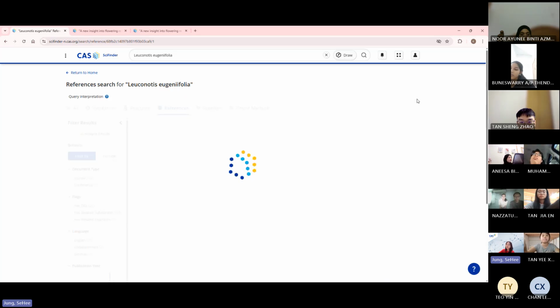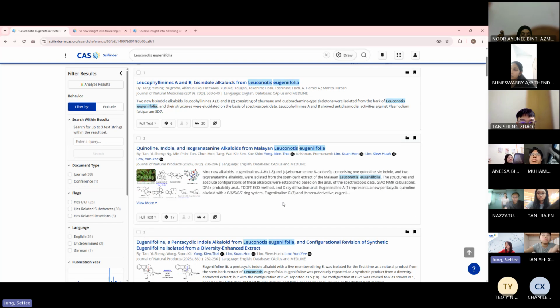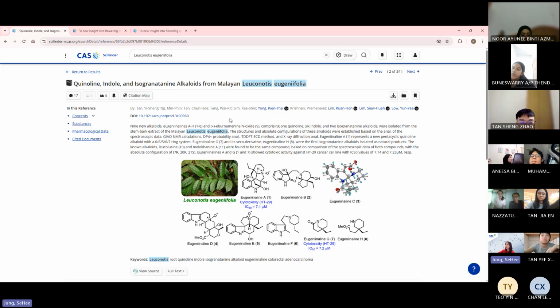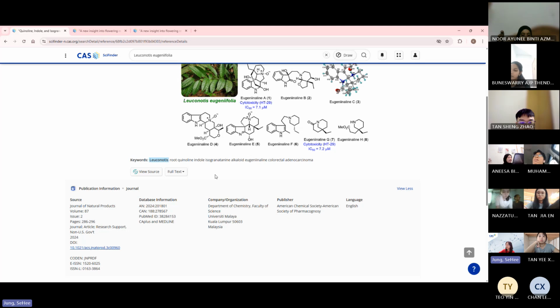So it looks like even though I typed in just one search, it recognized it as a reference. So you can have a look at the 34 results that came out. Should we have a look at the second one? So if you click on this title, you can see that this has been highlighted again, and this document specifically has the picture, the structures, etc. So down here,